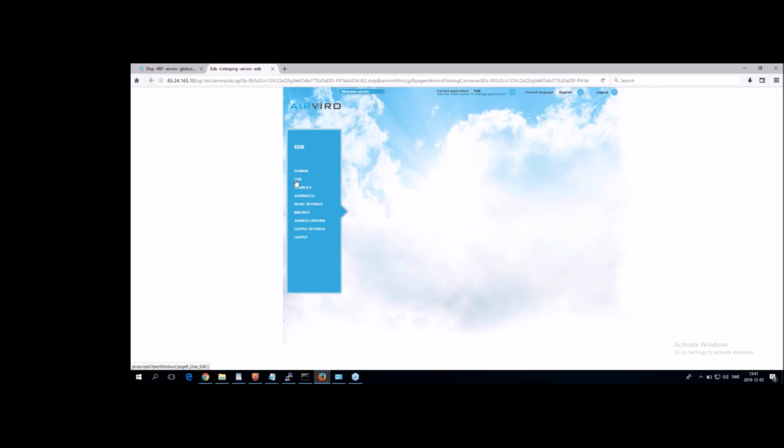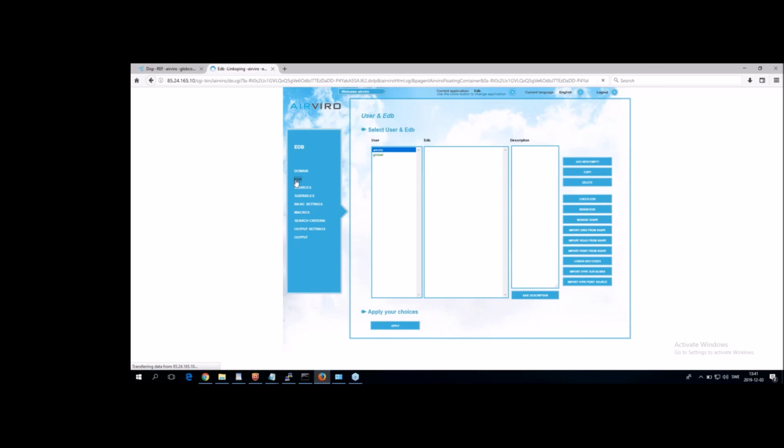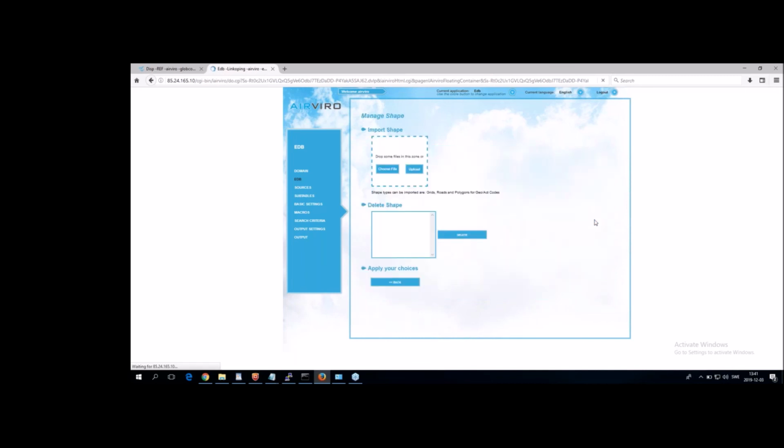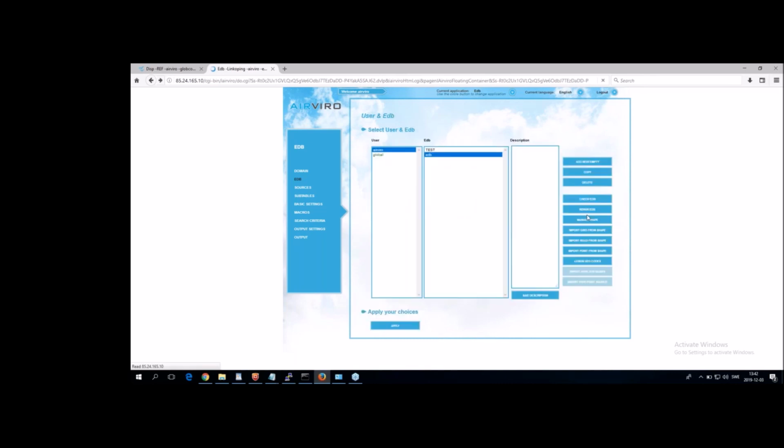Here in EDB, we can actually manage shapes, so we can upload shape files with either road, point sources or grids. When I have them uploaded, I have 3 new interfaces here: import grid from shape, import road from shape, and import point from shape. I can go to the import road from shape,